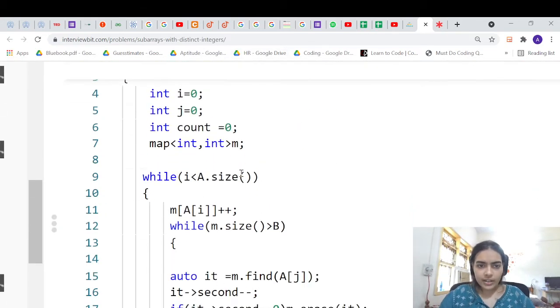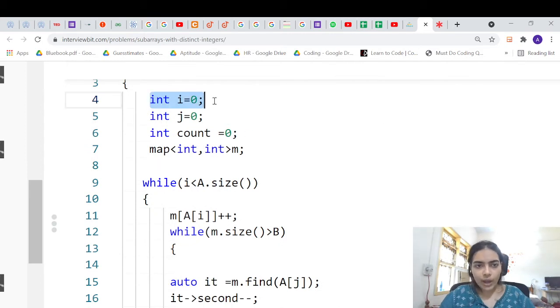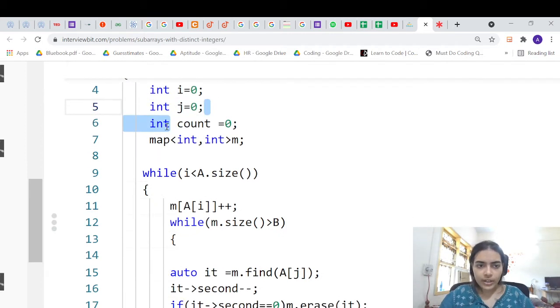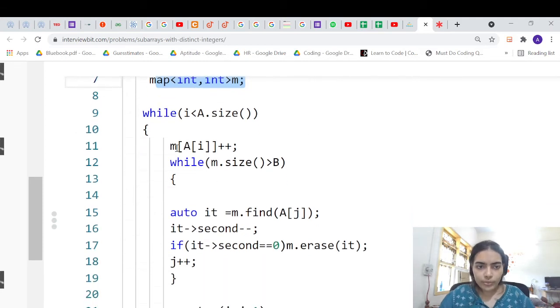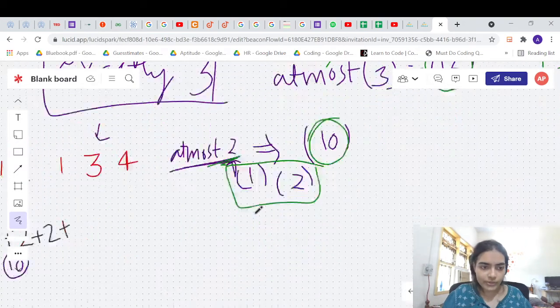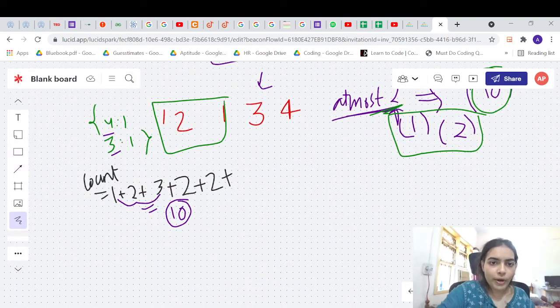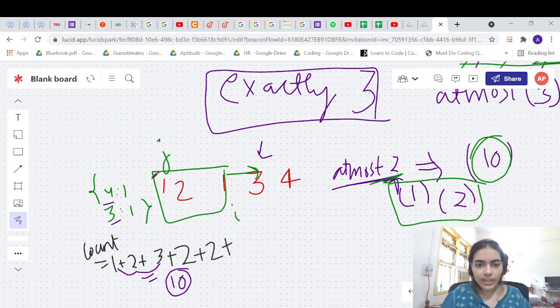So in this case, we use a 2 pointer and sliding window technique. So i is initially 0, j is 0, count is 0, and we keep on pushing the elements in the map. So i pointer is the pointer which is moving at the beginning, and j pointer is the pointer which is behind. Let me show it here. So we were using 2 pointers, right? So i is this pointer and j is the pointer which is behind. i is the pointer which keeps moving front and j is the pointer which is always behind and moves in this direction.